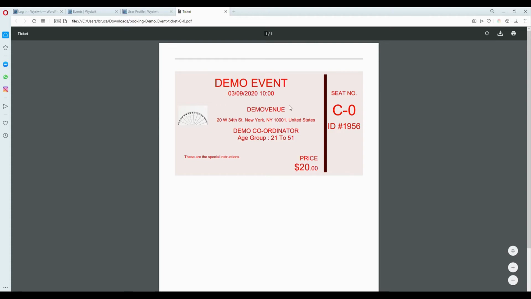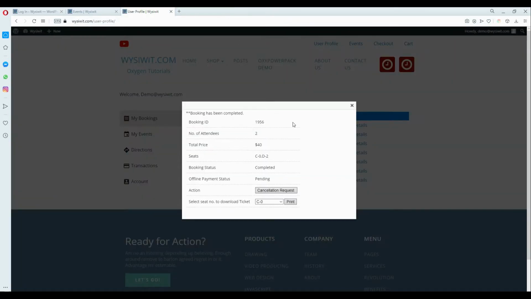Right, so here is our ticket, and you'll see that the price, which used to indicate free, now indicates the $20 as well. Right, so that's the integration of the payment method. If we wanted now to, for example, change the offline pending status to paid, we would then